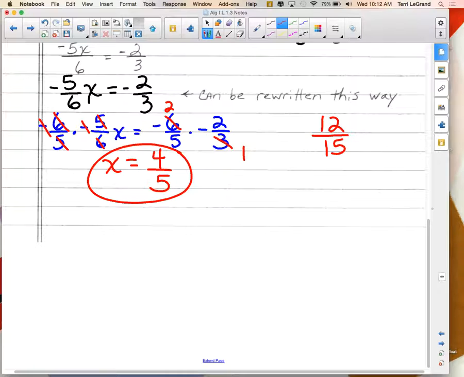Okay, let's get our sheet of lined paper, get your headings on there, and we have about 8 minutes